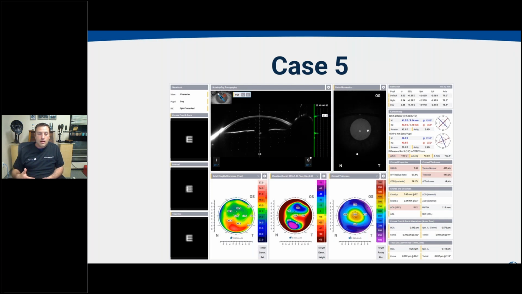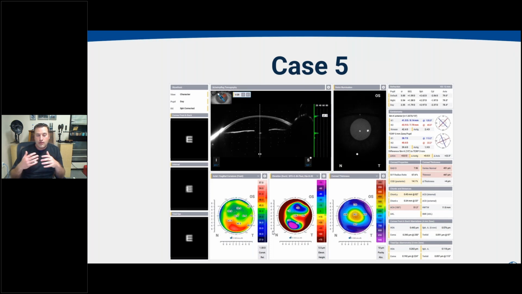But again, here we're seeing in that axial curvature map on the bottom left, it should kind of jump out that this patient does have some level of irregularity. We now have a posterior elevation in the middle image that you see at the bottom, which is a really nice extra feature of having tomography, because when you see some irregularity on the anterior curvature, you're never totally sure